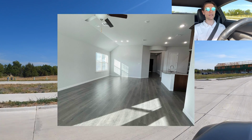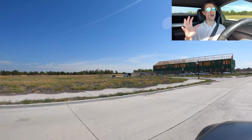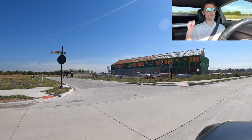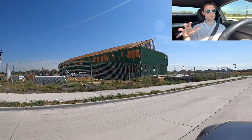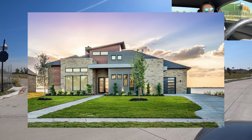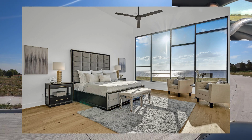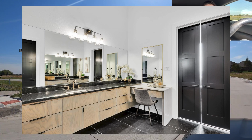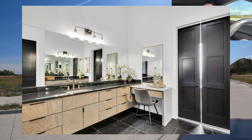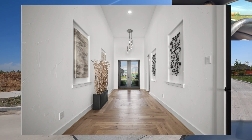And then on the high end here, they have a 2020 pre-owned listed, and this was the one that we just saw that was backed up against this lake. So just buckle up for this one. Listed at 2.9. So we'll just say 3 million. So 3 million house, it got dropped. It's sitting at 2.6 million right now. And that one was a 4 bed, 5 bath, 4,225 square feet at